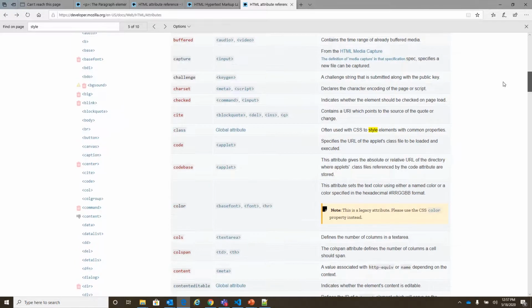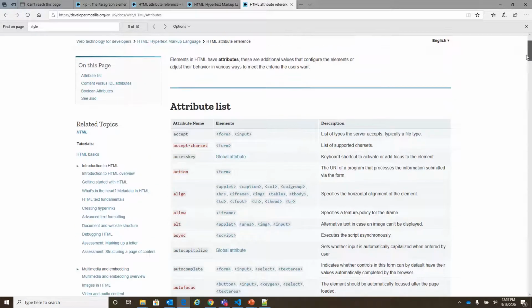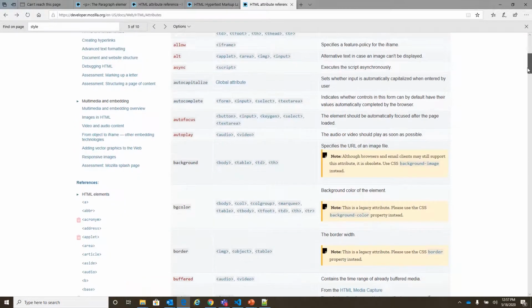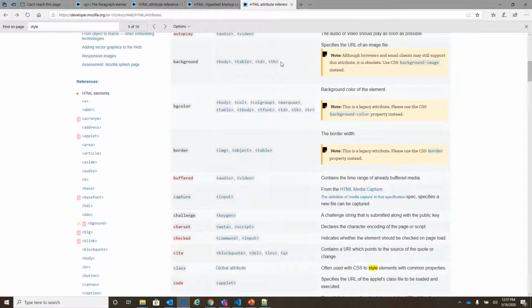As we progress, like we had used the color attribute, the color attribute can be applied to font, hr, basefont, and so on. Likewise, we can see that all the attributes cannot be applied everywhere. For example, background can be applied to these four HTML elements.